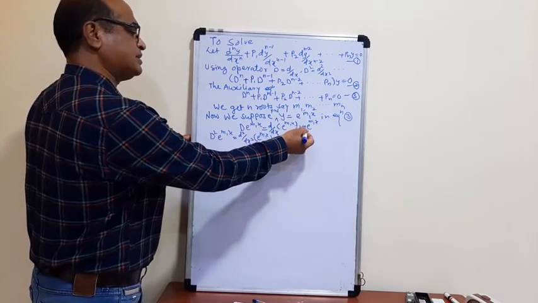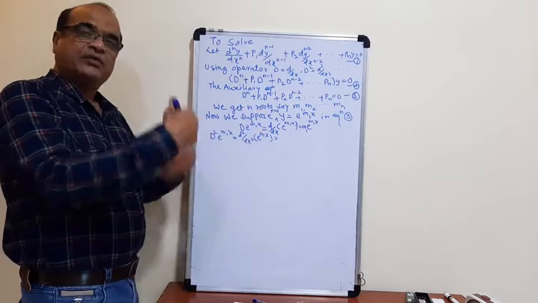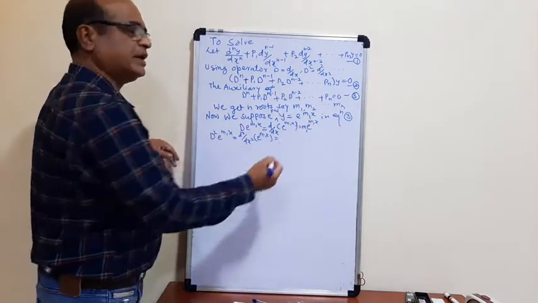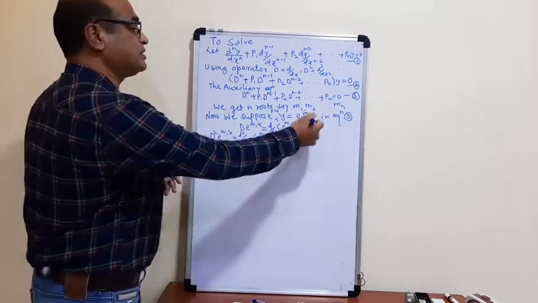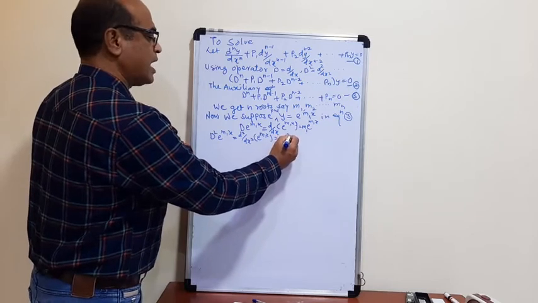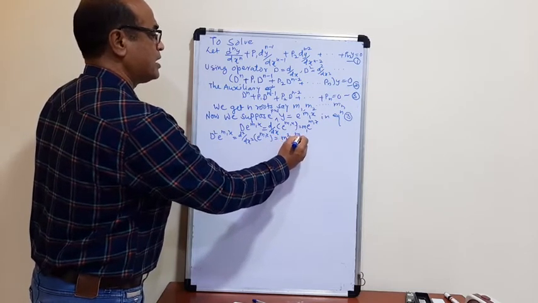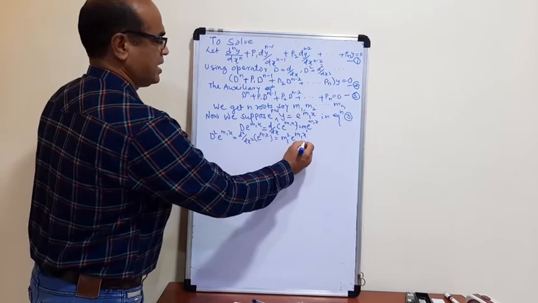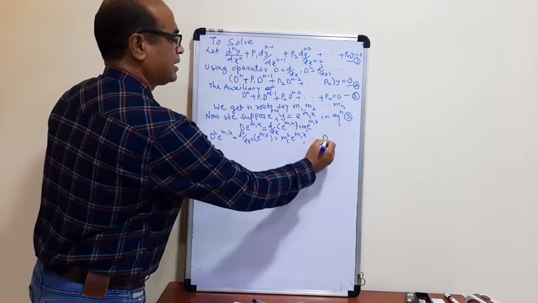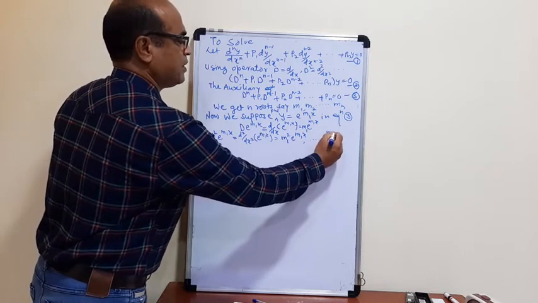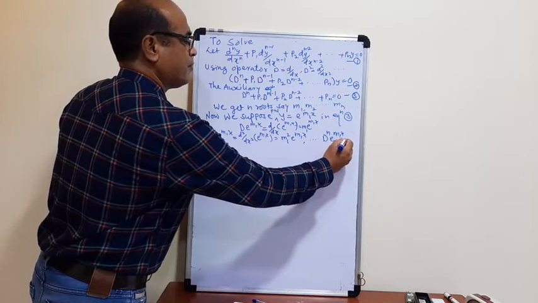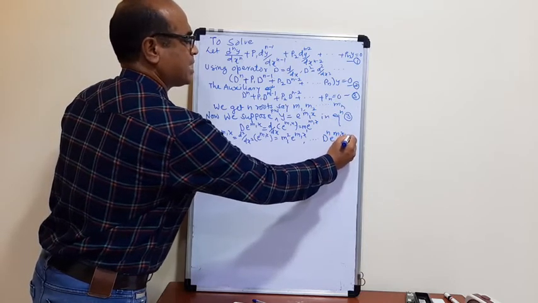First derivative is m1 e raised to m1x. Again we take the derivative, so that is the second order derivative. e raised to m1x derivative is e raised to m1x into its derivative m1, into m1. So that is m1 square e raised to m1x, and so on. So directly we write d raised to n of e raised to m1x is equal to m1 raised to n e